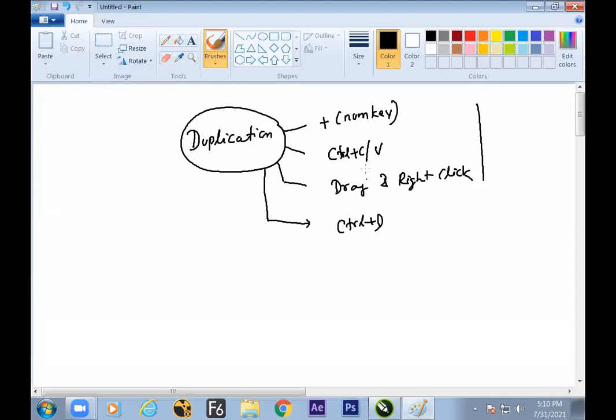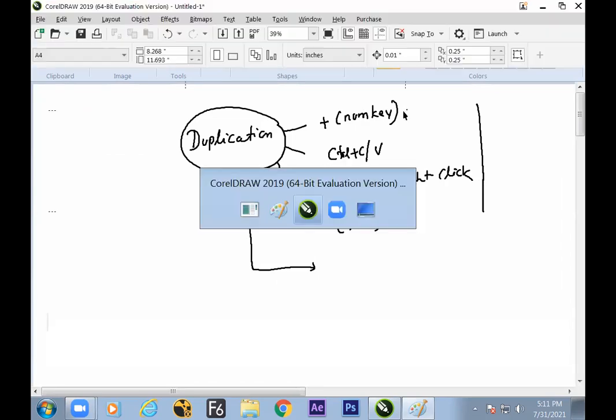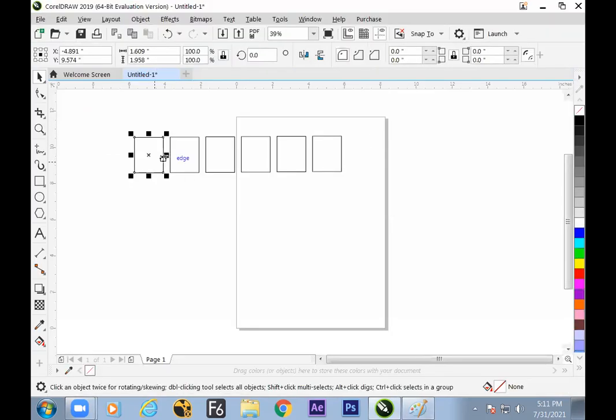But in all these methods, what happened? None of them has measurement. This is missing inside it. So let us make multiple objects with distance measurement. Here there is no distance measurement. But yes, on the center, we can make a duplicate object by the num key plus button. So let us switch to the operation, how to make a duplicate with measurement.